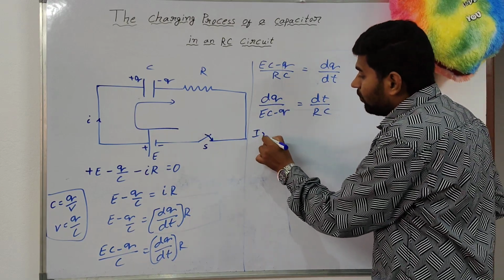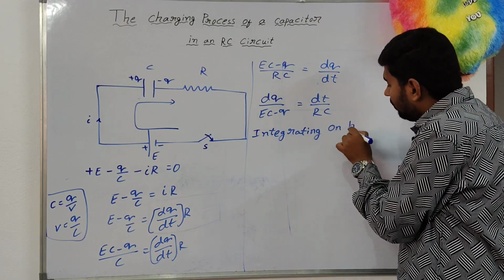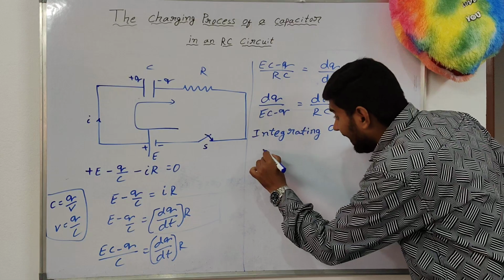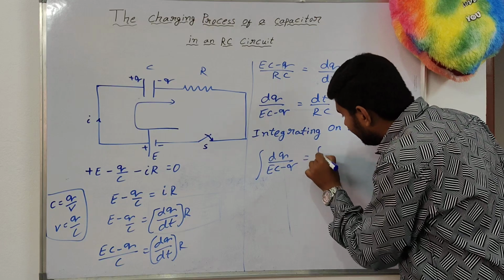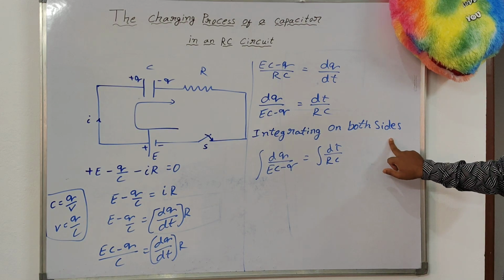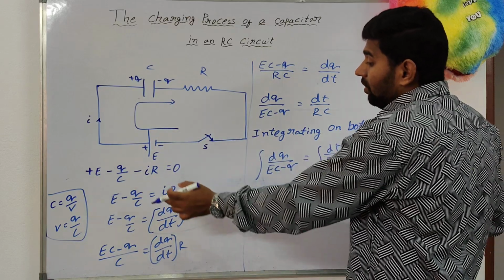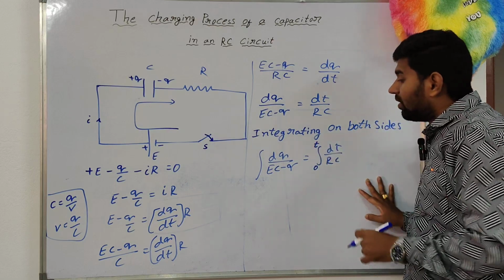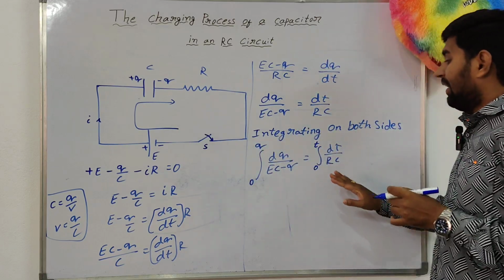Integrating on both sides, what will happen? Integral dq by EC minus Q is equal to integral dt by RC. You have to integrate on both sides with proper limits. Here, what are the limits? With respect to t, we go from t is equal to 0 to t is equal to t. With respect to charge, q is equal to 0 to q is equal to q. If you integrate this one,